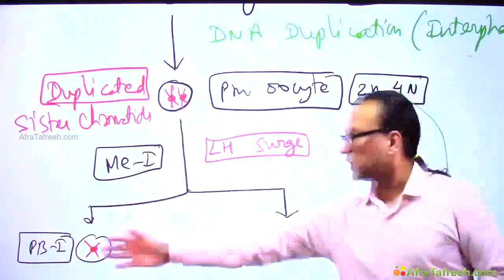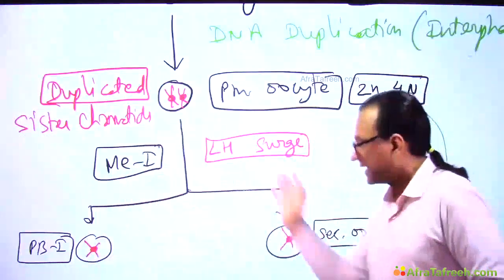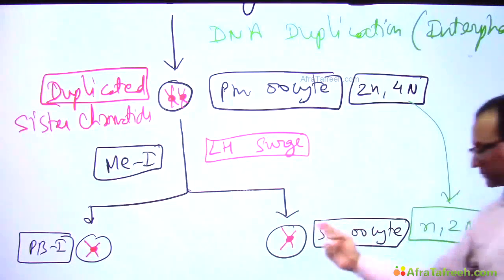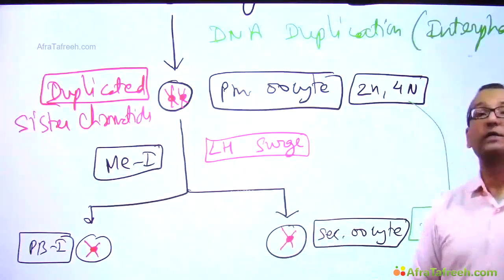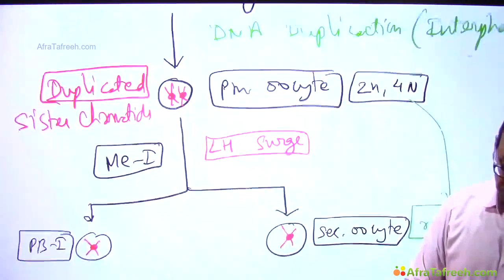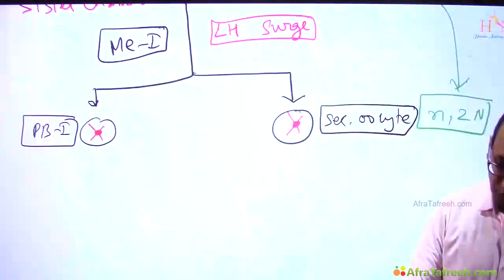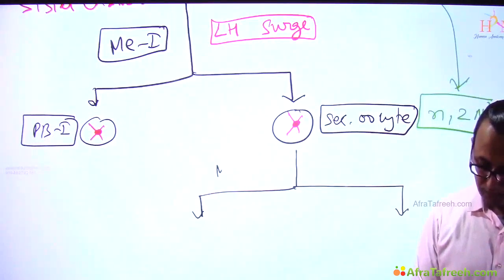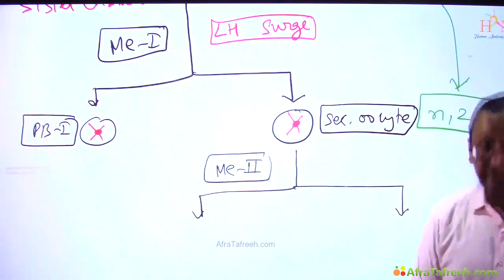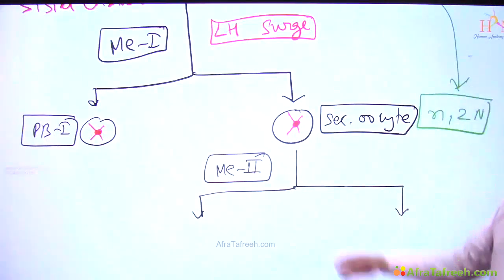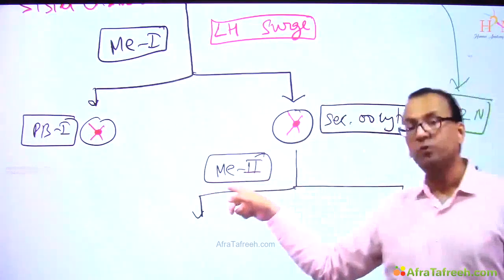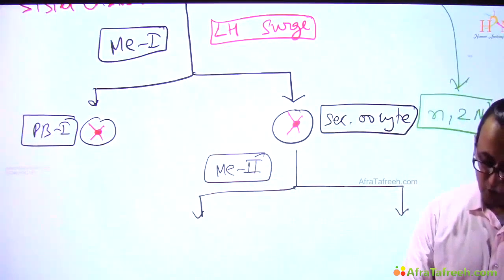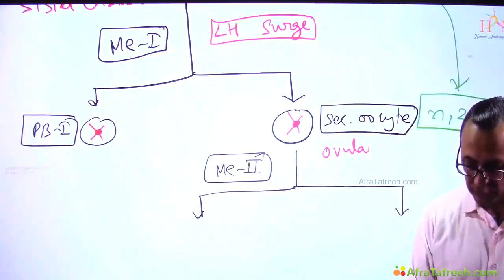Because there is the maternal paternal chromosome separating, this 4N becomes 2N. And now the secondary oocyte will enter meiosis 2. As the secondary oocyte is entering meiosis 2, you will find that it is undergoing ovulation. So secondary oocyte enters meiosis 2 and undergoes ovulation. As it is now waiting for the sperm